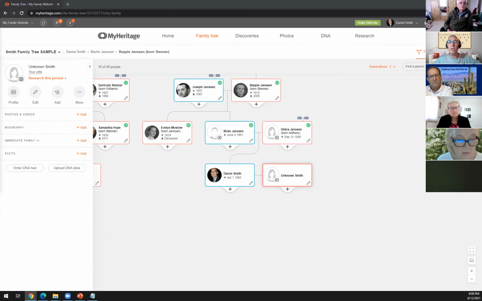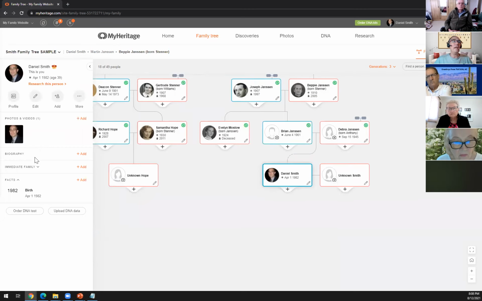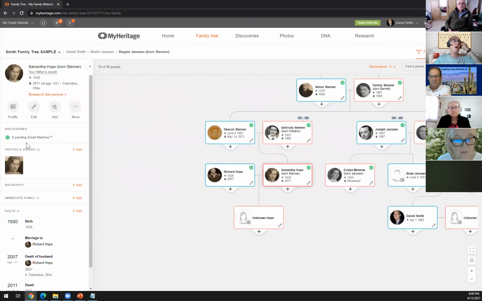So right from here, you can also view and process your DNA projects. Now, if you have a DNA already uploaded to MyHeritage, you will see that under the discovery. You will see the smart matches, the record matches, and we will notice that the person has a DNA test